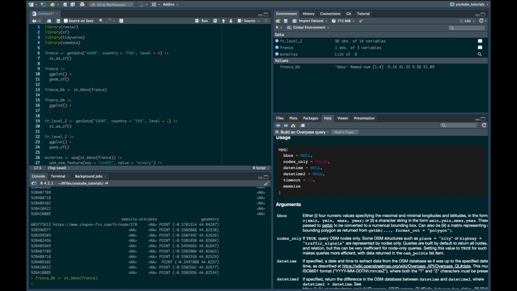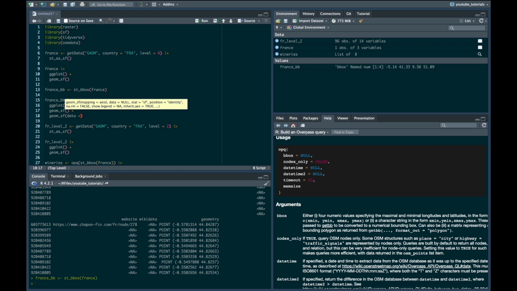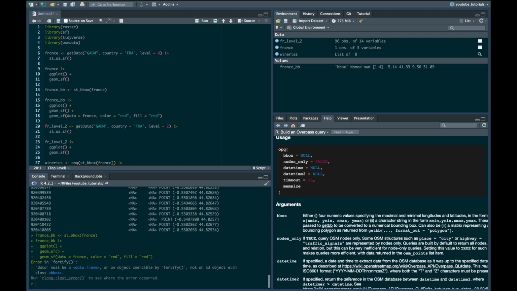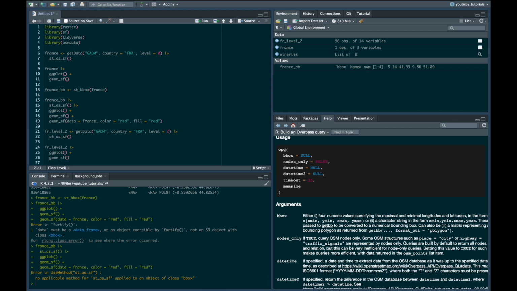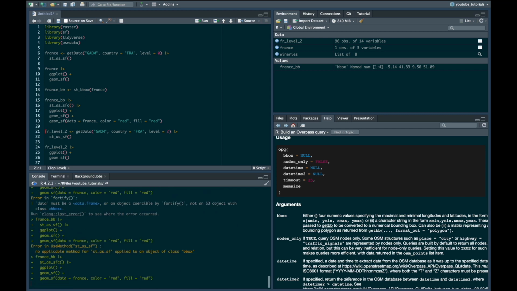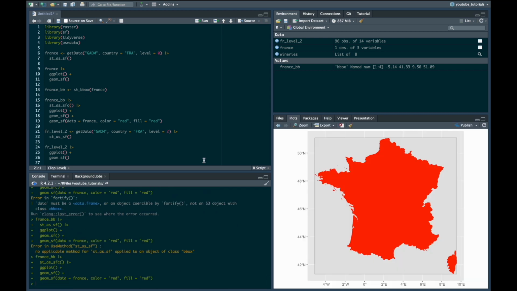So first we'll plot the France bounding box, but let's add another layer where the data is just France. That didn't work. Okay, so